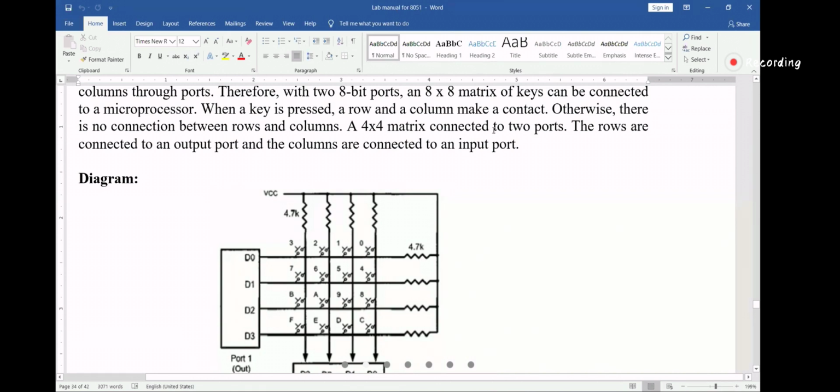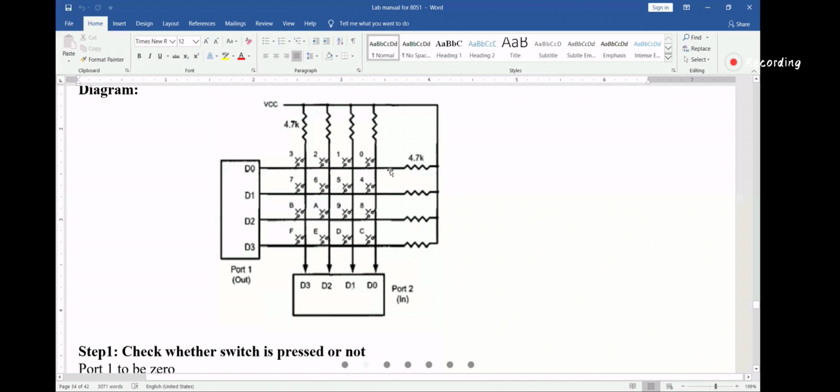A 4x4 matrix connected to two ports I've used here. The rows are connected to an output port. Columns are connected to an input port. So see here, this is a 4x4 matrix. Why 4x4? Because it has 4 columns, 4 rows, obviously. Each is connected to VCC through a 4.7 kilo ohm resistor.